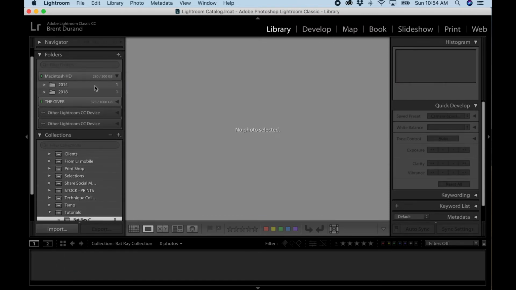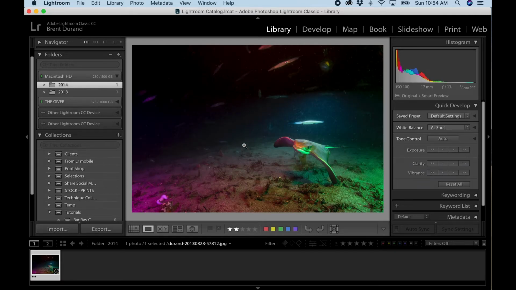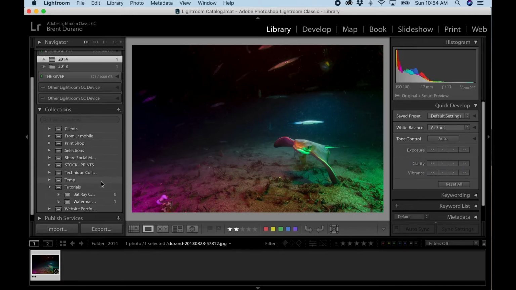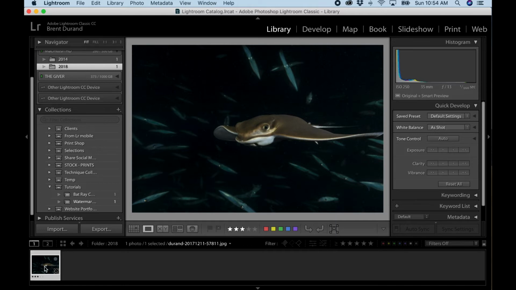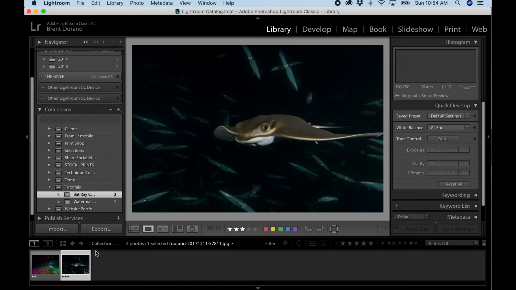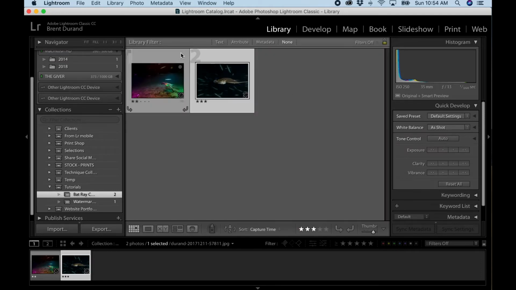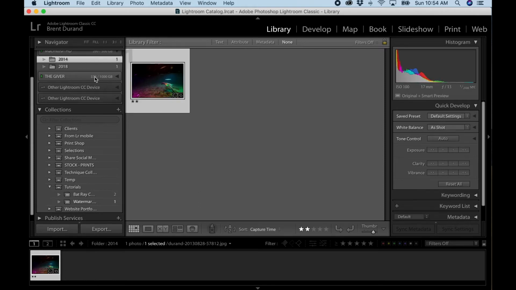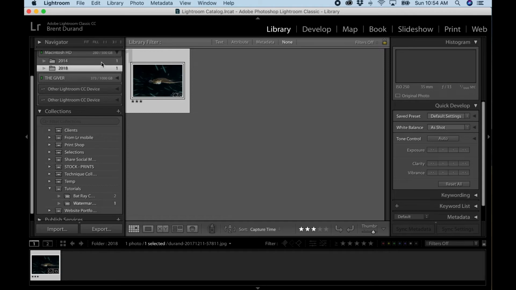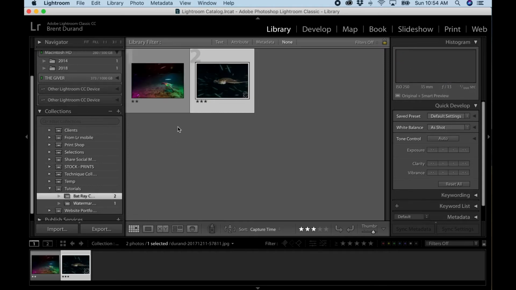Let's go back and start finding my Bat-Ray photos. Okay, cool, here's one. What I can easily do is click and drag into my Bat-Ray collection. Let's go to my other photo. Yeah, cool, I'm going to click and drag to my Bat-Ray collection. Now I have both of my photos here in my Bat-Ray collection. In one little place, I've got both of my Bat-Ray photos, and this is virtual. I did not actually move the photos from my hard drive where I had them organized in my raw file photo structure. I've got them in this new collection.